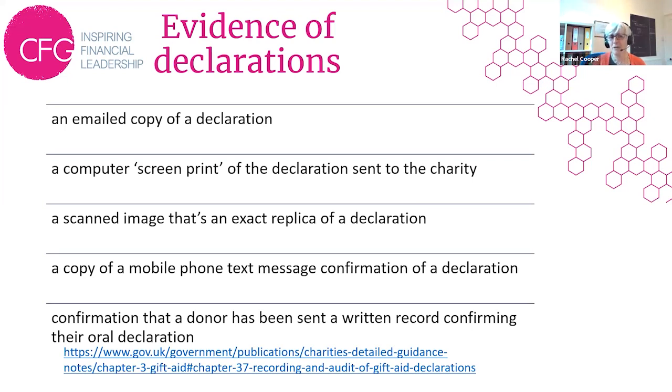Or the one that I think is quite funny, but I think does stand: if somebody has made a declaration, and you can confirm that you have sent them written confirmation, then that stands as evidence of a declaration. I think about the post that swims around in my hall to various members of my family. I would say that they give guidance on what stands as a declaration, but